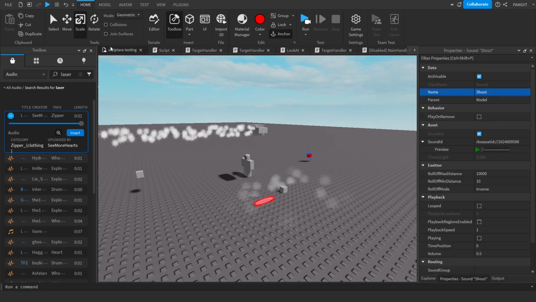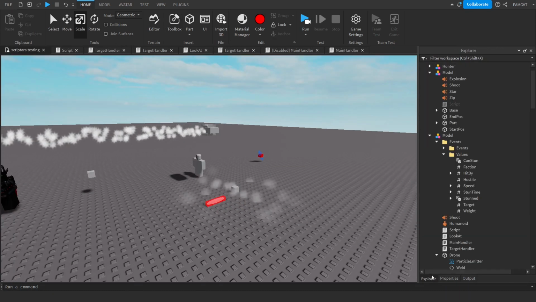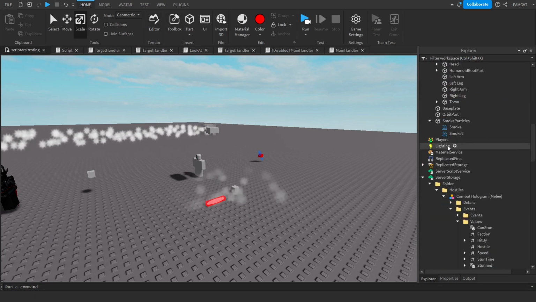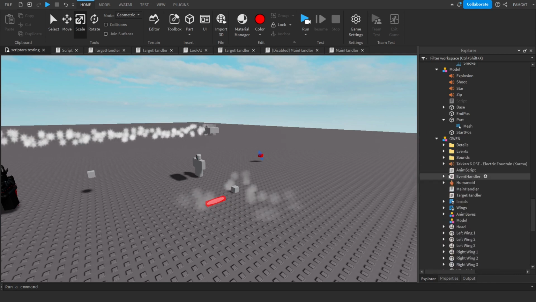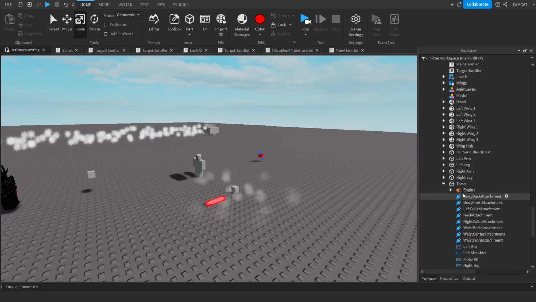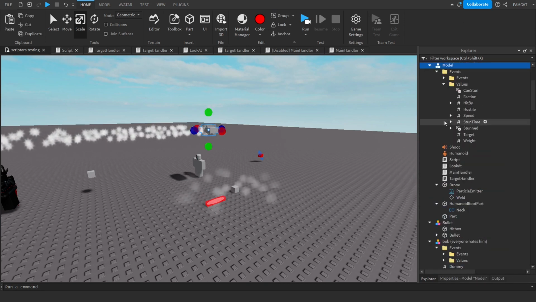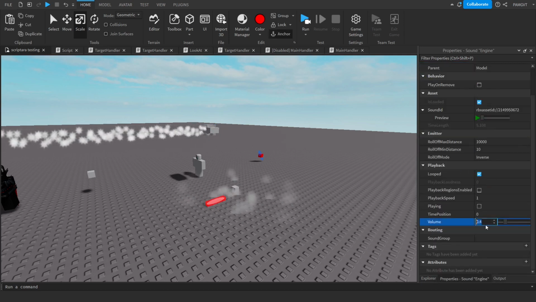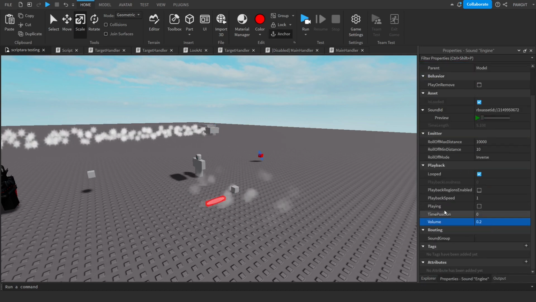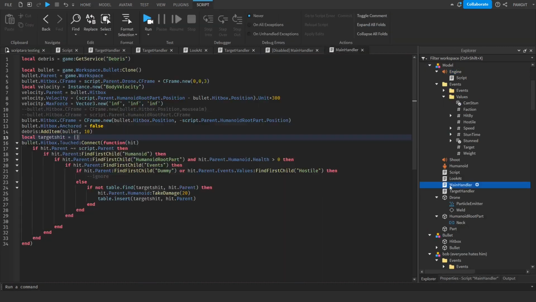Gonna rename this to shoot. And so we're gonna grab the sound of the engine playing as well from Owen here. Gonna go to the torso, grab the engine, then just paste it in there. Gonna turn down the volume because obviously. And so now that we have this,